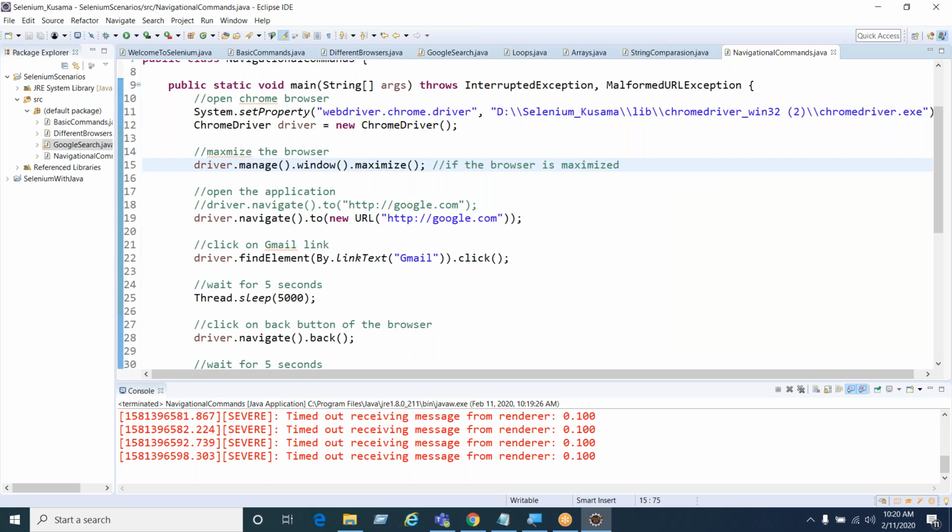Now the question is, which one is recommended? To open the application, get is recommended or navigate.to is recommended? The answer is get is recommended. Why? See,